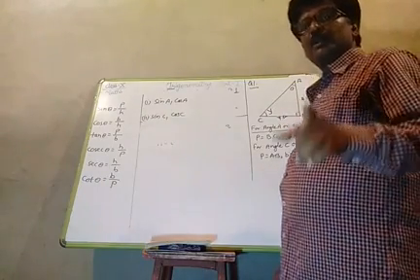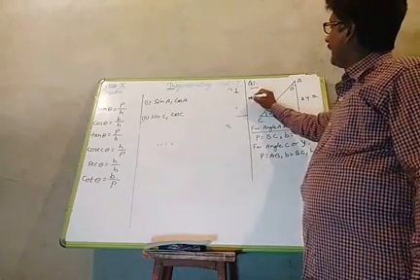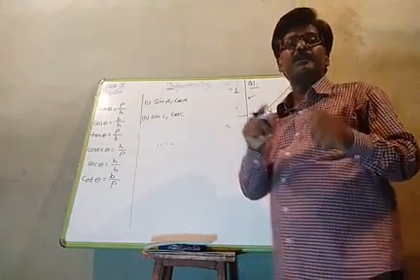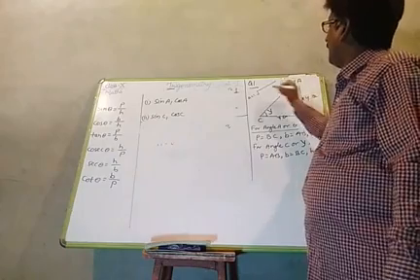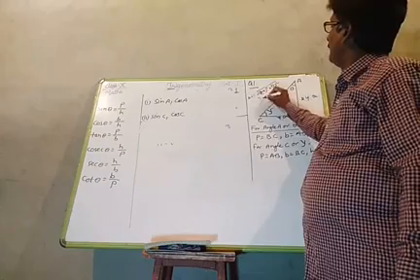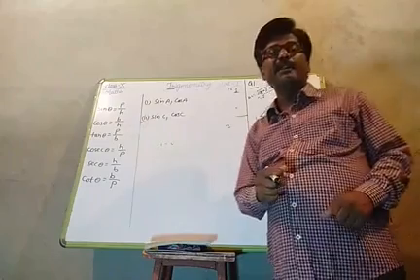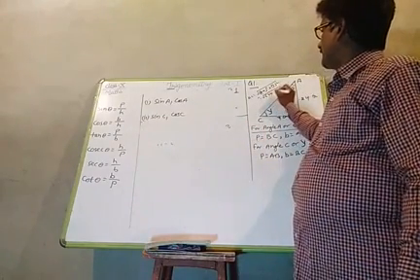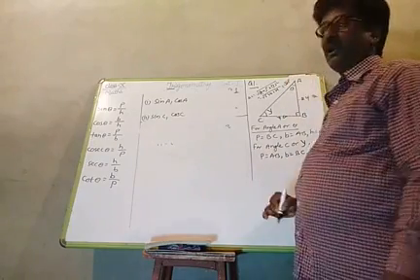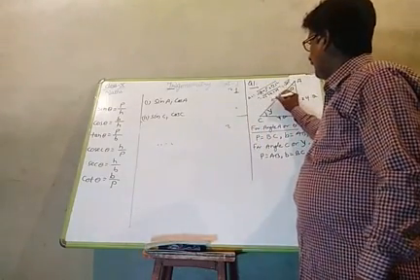So by using the Pythagoras theorem, first we have to find this AC, and here AC is hypotenuse, and hypotenuse is under root P square plus B square. So AC will be the square root of 24 squared plus 7 squared. That will be 24 squared is 576, 7 squared is 49. So 576 plus 49, that will be 625, and the root of 625 is 25. So we can say this one is 25 centimeter.